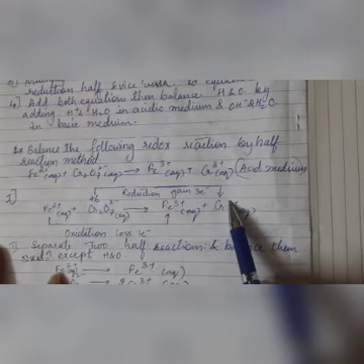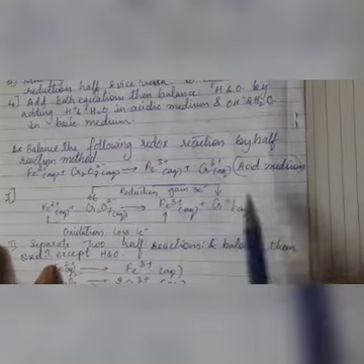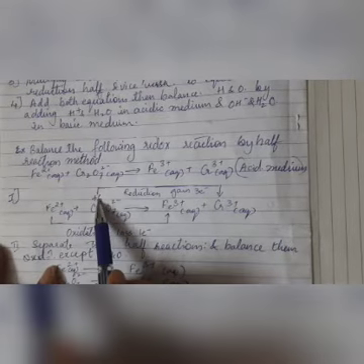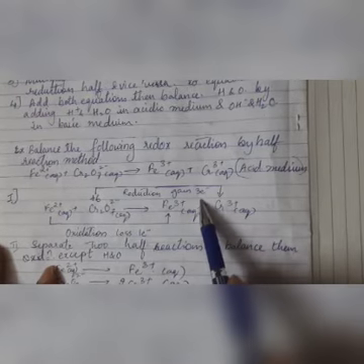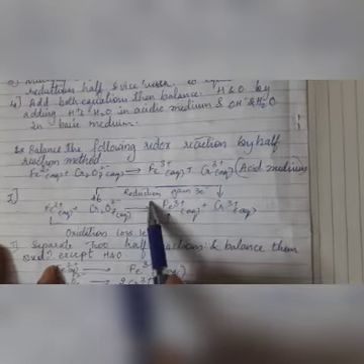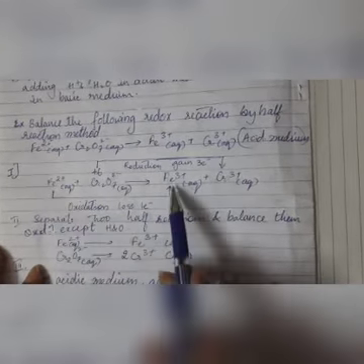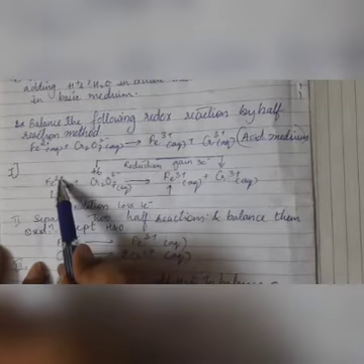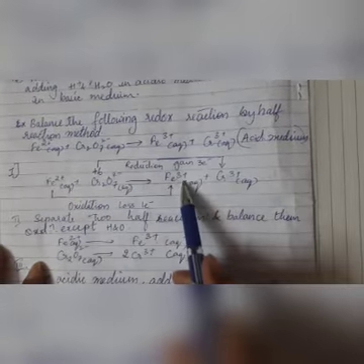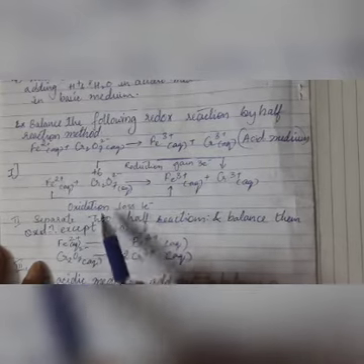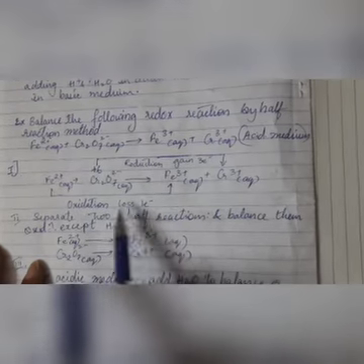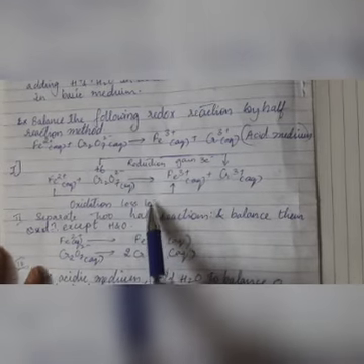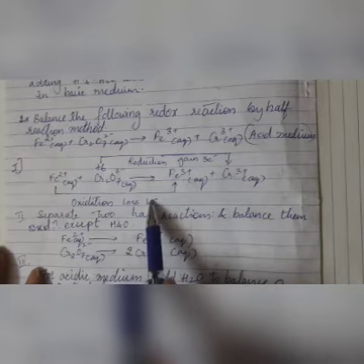Now let us look for the increase and decrease in the oxidation number. Here you can see that plus 6 oxidation state is reduced to plus 3 oxidation state. How? By the gain of the electron. So this process is reduction. Similarly, Fe plus 2 is increased to Fe plus 3. So oxidation number 2 is increased to 3. So increase in oxidation number is oxidation. How is it obtained? By the loss of electron. So therefore it is the oxidation process. Now because it is a half reaction method, what is our step?